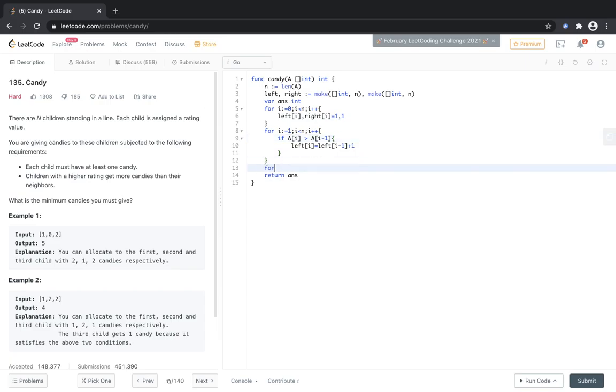So this works. And again, for i from n minus 2 down to 0, i minus minus, if a[i] is greater than a[i plus 1], right[i] is equal to right[i plus 1] plus 1.